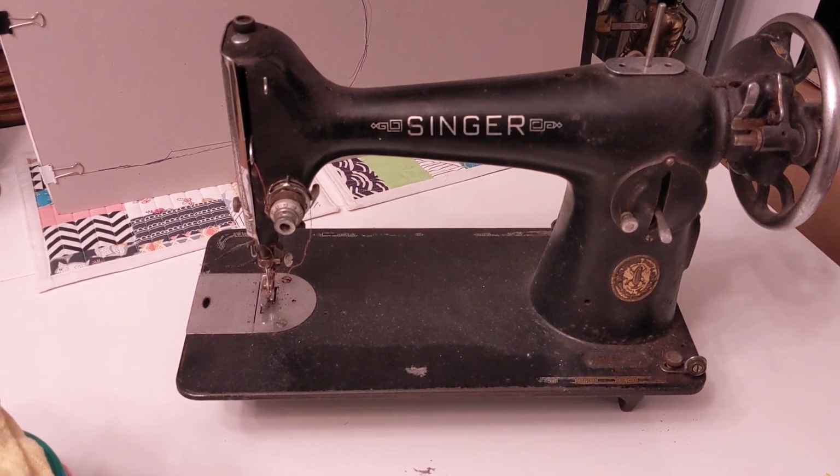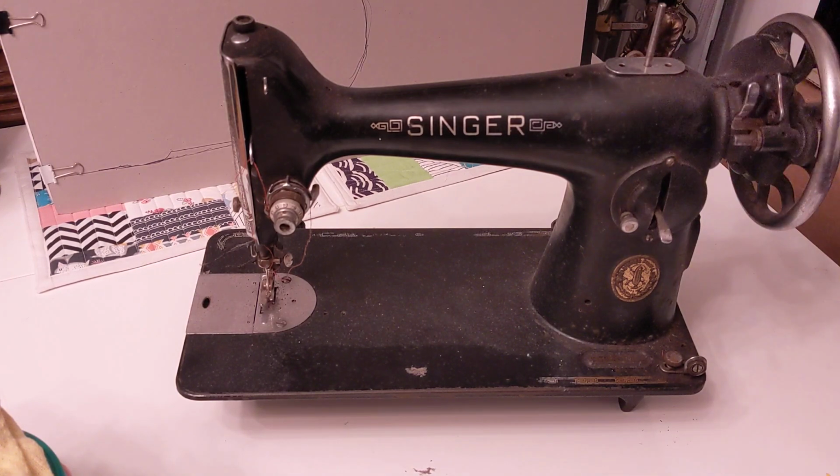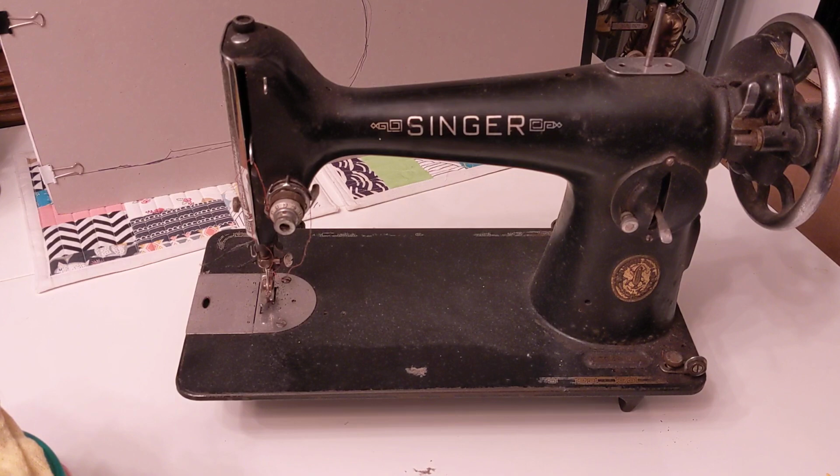Hello everyone. I'm doing something slightly different with videos this time because I haven't posted a video for quite a while. I've been busy sewing. So I've just picked up this 201K from 1940. I've checked the serial number out, and as you can see, it's in quite a bad condition. I haven't touched it. I haven't even started dismantling it yet, but I wanted to video how I rescue a